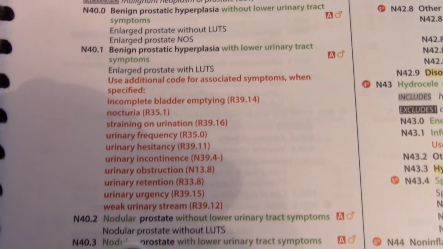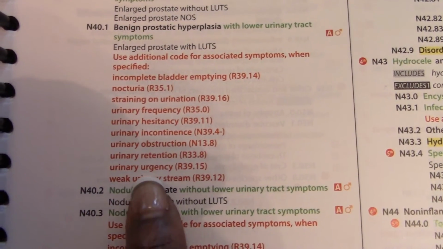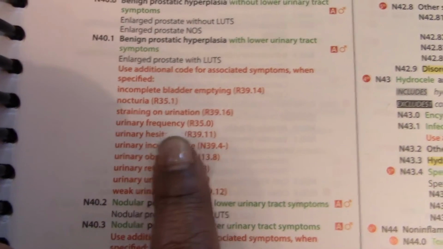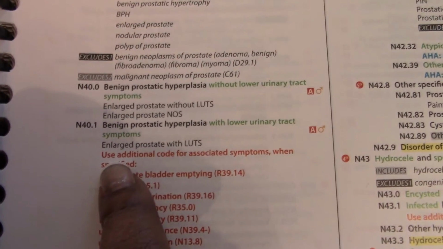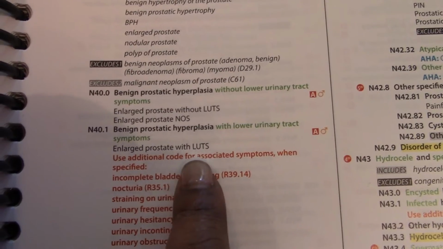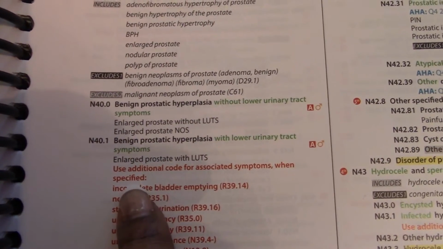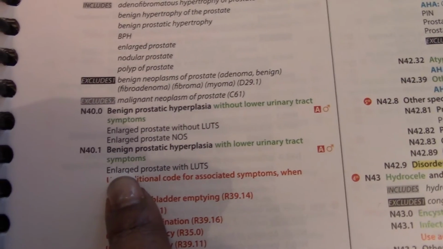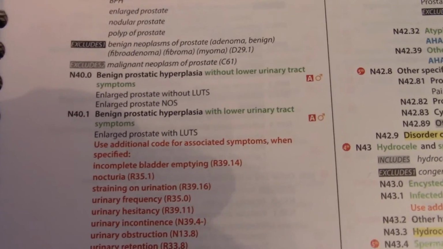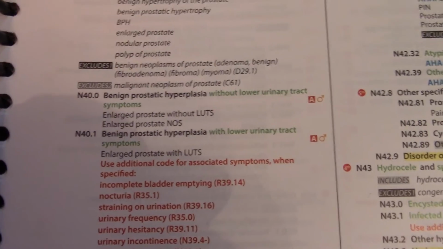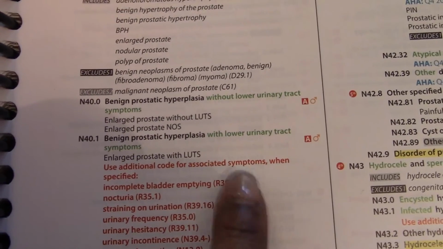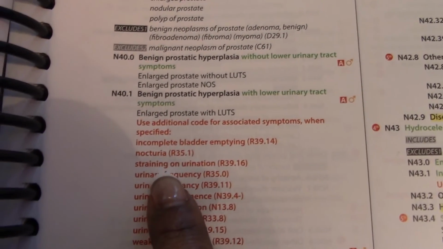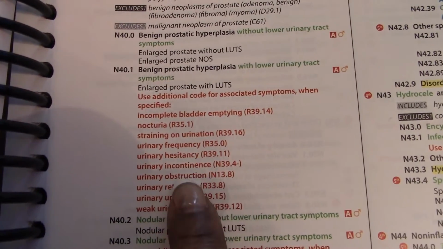And we said urinary frequency right there. So it's telling me if any of these conditions under N40.1, if your patient has any of these, use additional codes for the associated symptoms when specified. So in this case, my tabular, my instructional note, remember my instructions video at the beginning said you have to follow the instructions in your book. It told me to use additional codes when any of these symptoms are associated with the definitive condition. So unless your code book tells you differently,